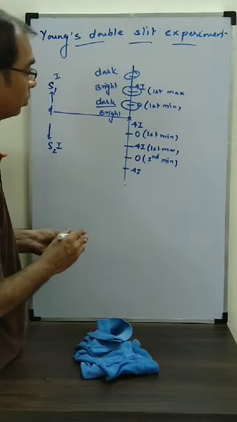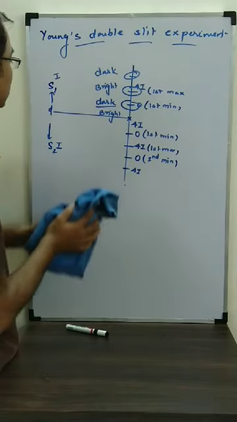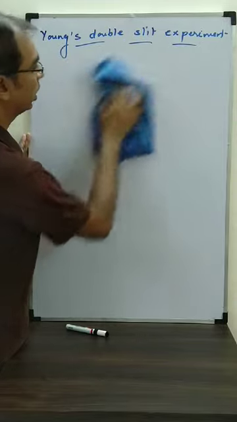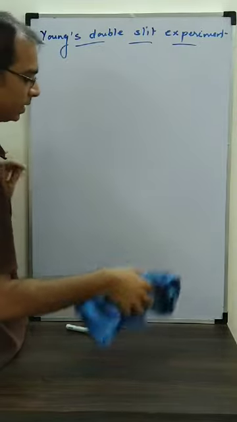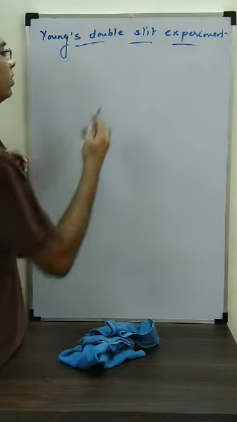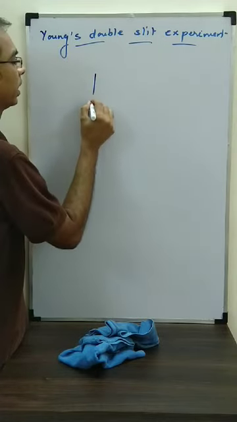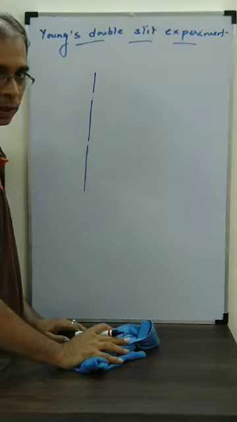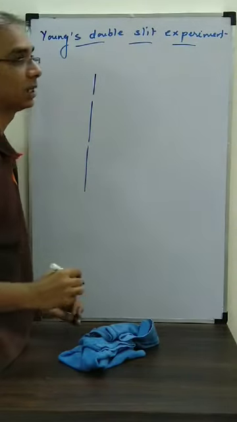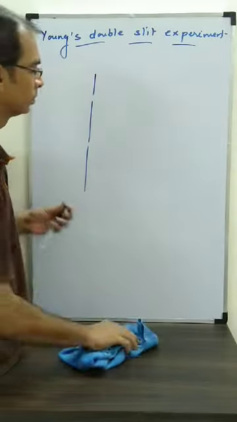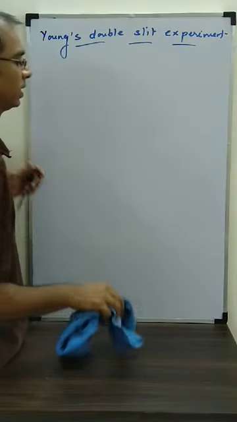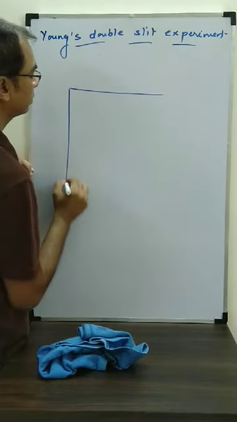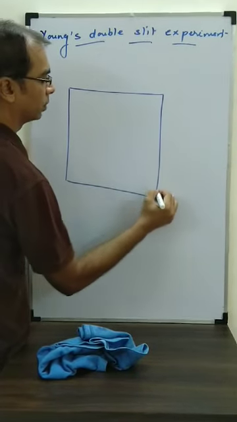Alright, now one more thing we have to see is the meaning of a slit. Right now what I told you is that if there is a screen, you make holes in it. But it is not basically a hole. Initially Young made holes, but later on he said it's a double slit experiment. So what is a slit? Slit basically means, if there is a cardboard over here, and I take a razor,